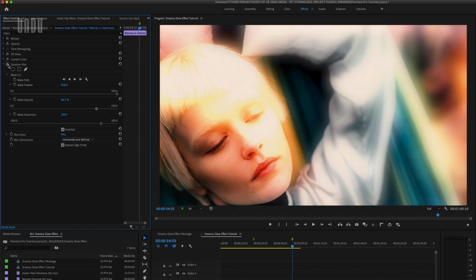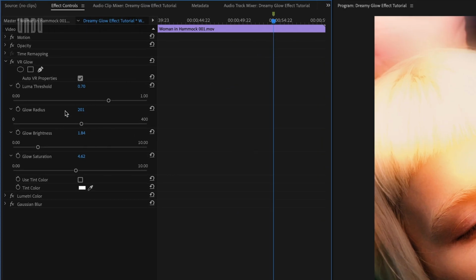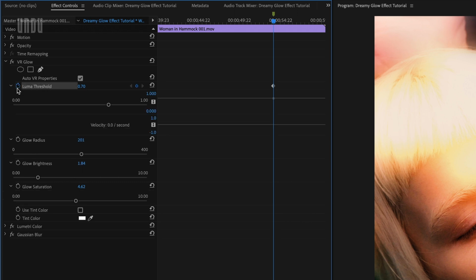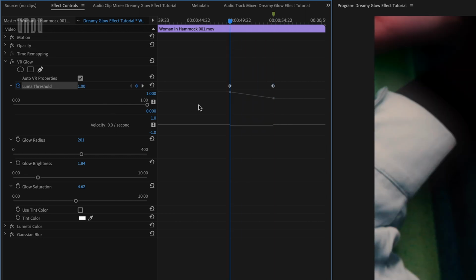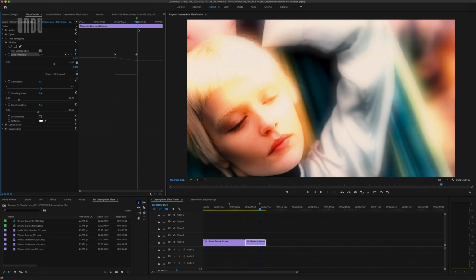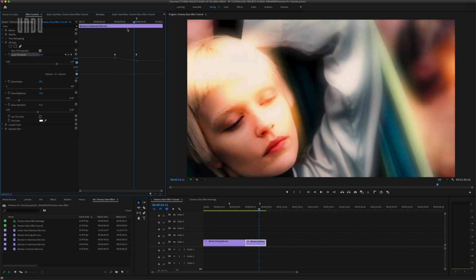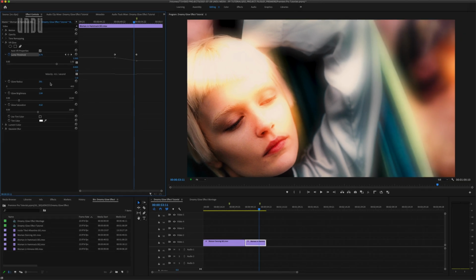Okay, so the last thing I'll show you is how to really fine-tune all of this if you want. All these effect parameters we just set can be animated with keyframes. So I can click the stopwatch beside any of these to set a keyframe, and then add new keyframes elsewhere in the timeline with different values to animate my glow over time. So for example, I could increase or decrease the luma threshold as this plays. And we could do the same with all of these effect parameters to give even a relatively static shot like this a pretty interesting, pretty dynamic glow effect.